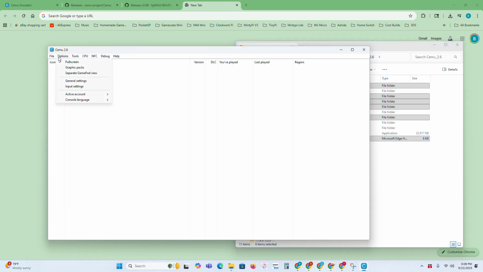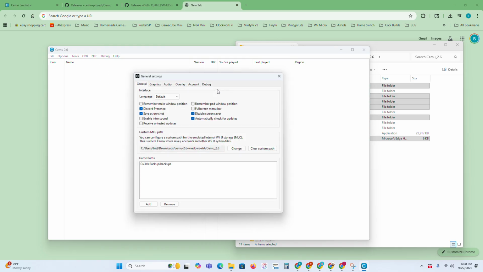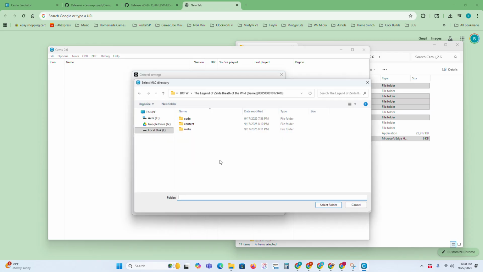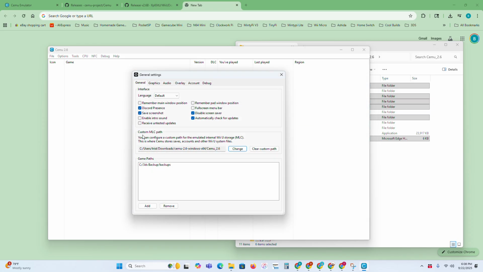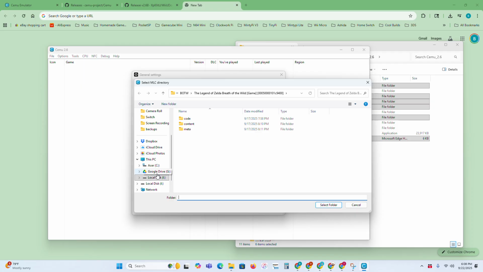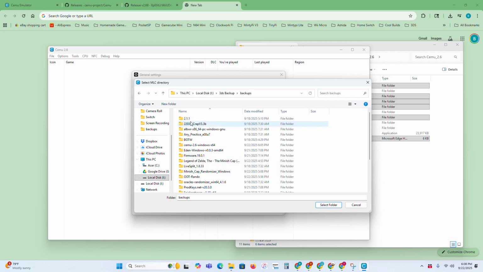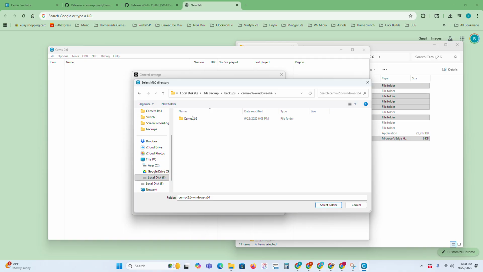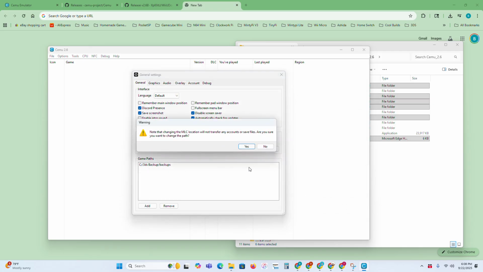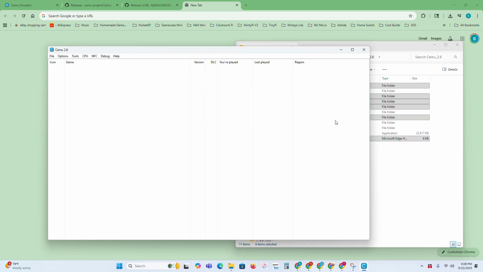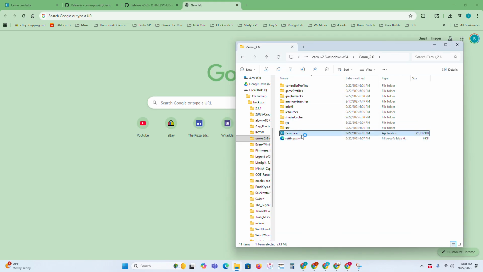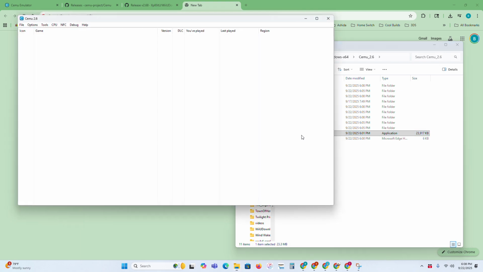After that, you're going to go options, general settings. Then you want to press change on custom MLC path, and then go to where your Cemu folder is, and choose this MLC.01 folder, and then you press yes, you want to change path, and then Cemu will need a restart after. Okay, we can just open it up,